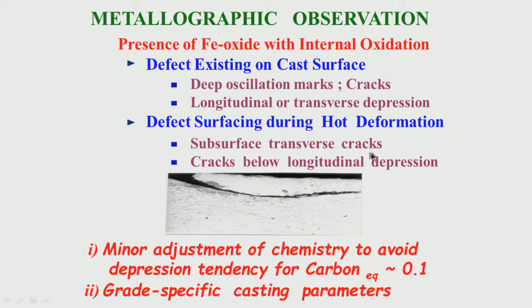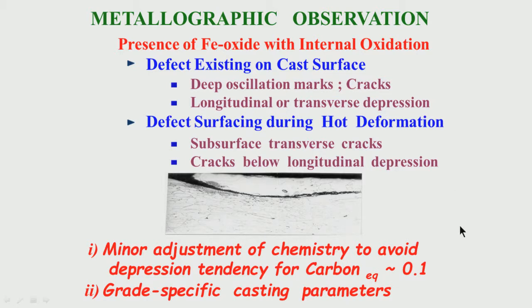So, that means subsurface transverse cracks were there, or cracks were below longitudinal depression either on the surface or below the surface. So, they have come to the surface during hot deformation. Normally this type of defects, as I was telling you, you will find near the edges and in grades which are so called peritectic grades, that means the carbon equivalent is around 0.1, or in stainless steel family it is a 304 grade, where the chemistry is near the peritectic start region,